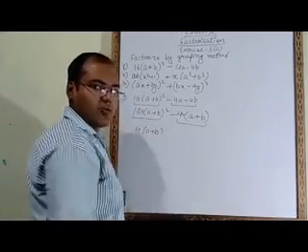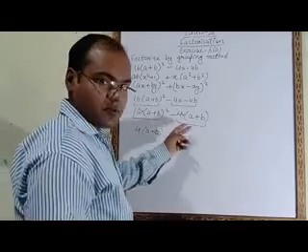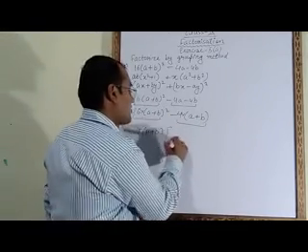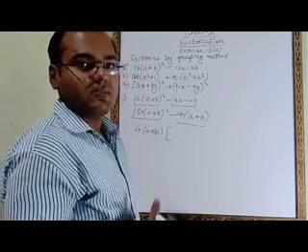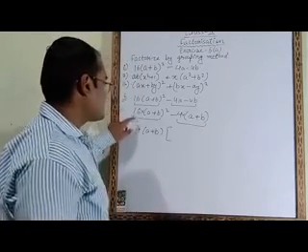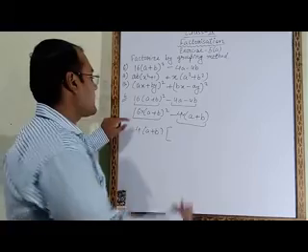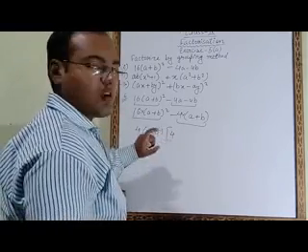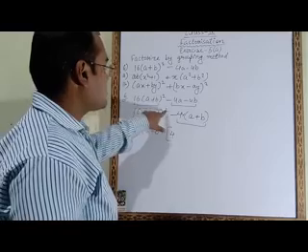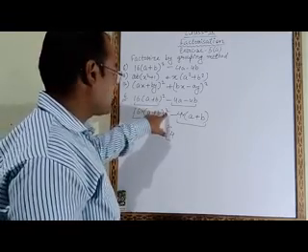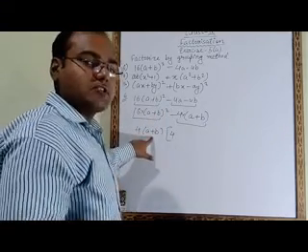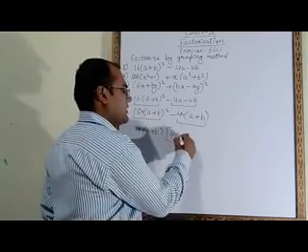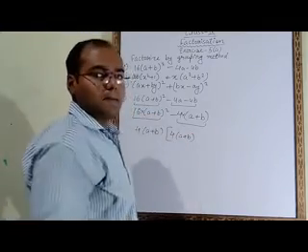4 also we will take common. Then what have we taken common? a plus b we have taken common. So a plus b also we will write in a bracket. Now in the big bracket you have to write the remaining numbers. Which numbers are remaining? From 16 we have taken 4 common. What is remaining? 4 is remaining, 4 fours are 16. So here we have to write 4. a plus b square is there. Square means 2 times. But how much have we taken common? a plus b only 1 we have taken common, and here it is a plus b 2 times. So 1 a plus b is remaining. That a plus b also you have to write in the bracket.